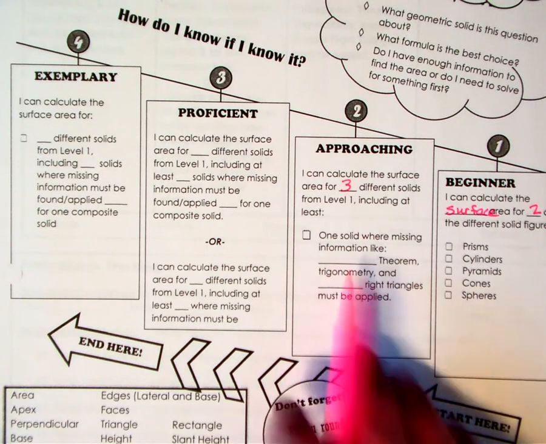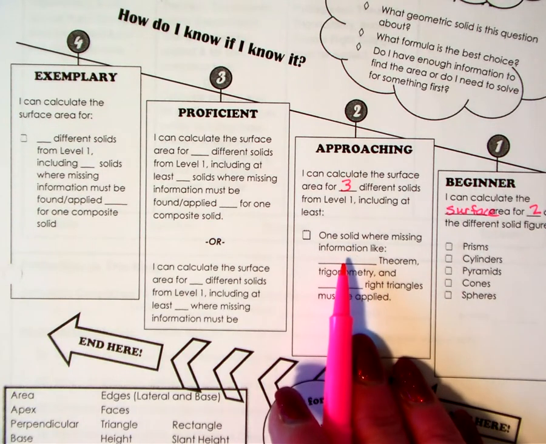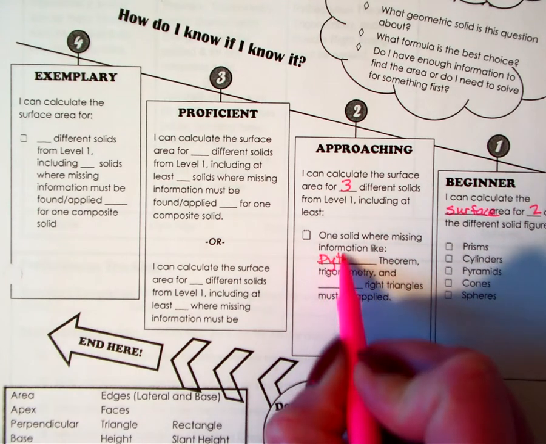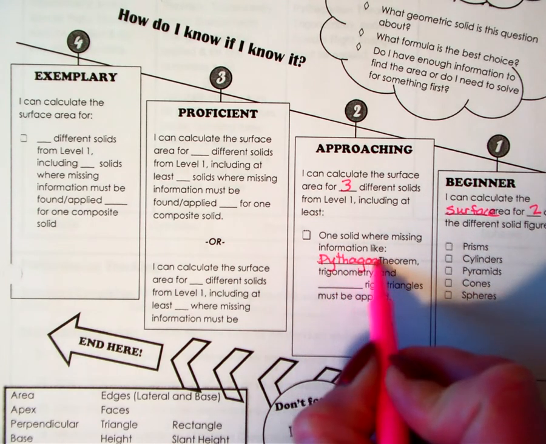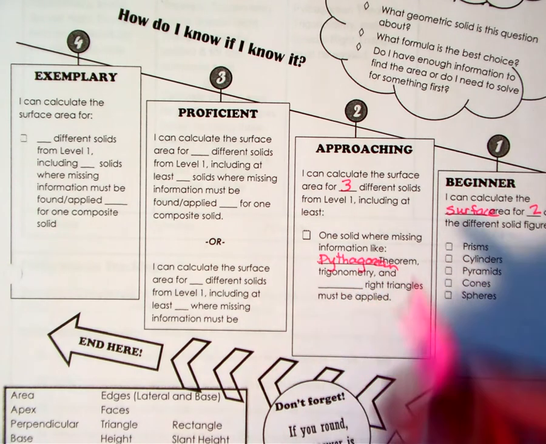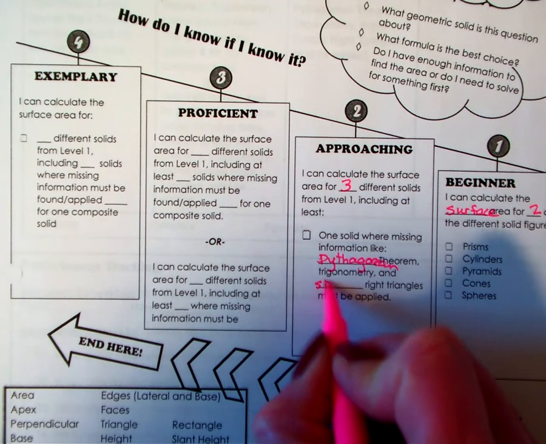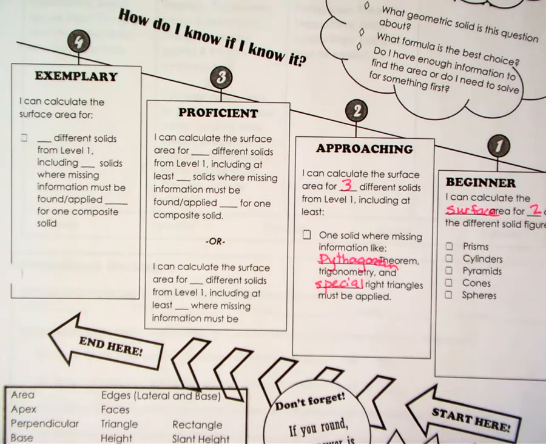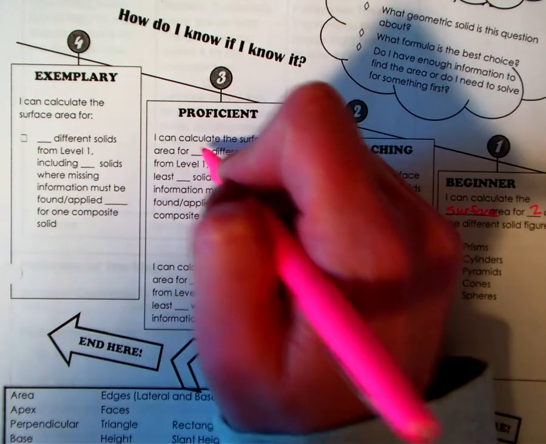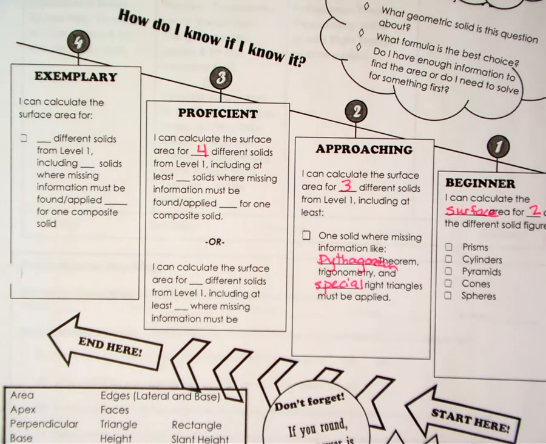level 1, including at least 1 solid we're missing information like Pythagorean theorem, trigonometry, and special right triangles have to be applied. Okay, that's your level 2. You are proficient, you're level 3, if you can calculate the surface area for 4 of the 5 different solids